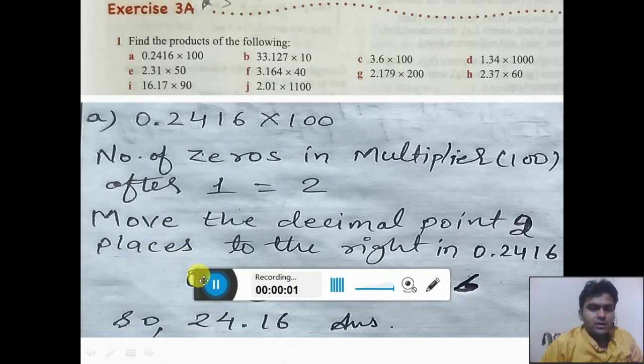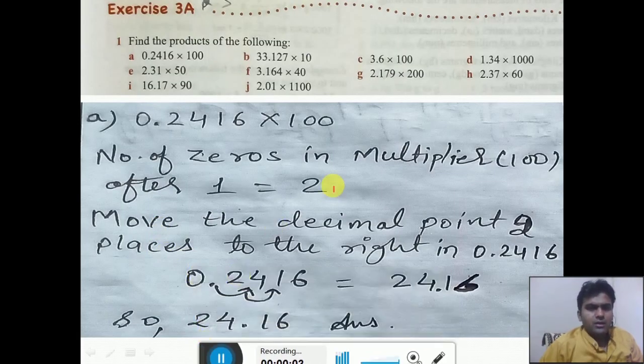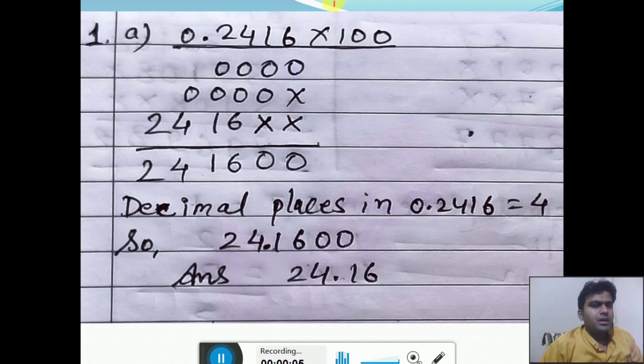You can also solve this question by the simple method. What you have to do there, just simply forget the decimal point. Leave this decimal point. Just multiply 0 with these all, so you will get 0 0 0 and cross 0 0 0 and 1, multiply by 1, so you will get 2416, and then add these all, so 0 0 6 1 4 2. So without looking at the decimal place, first multiply the number.